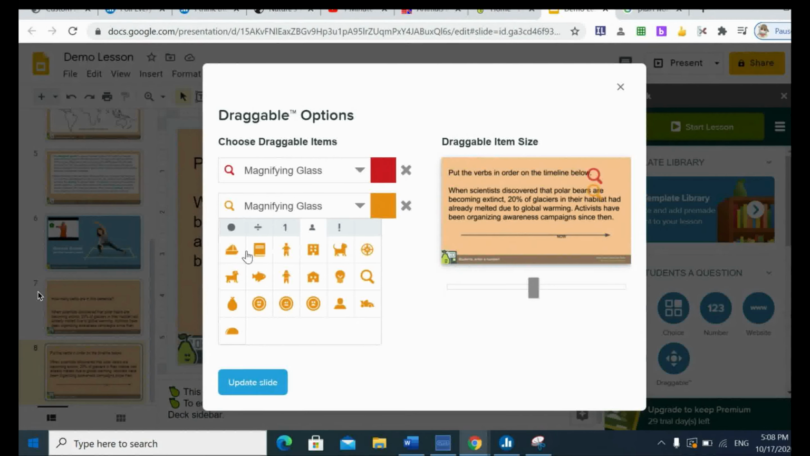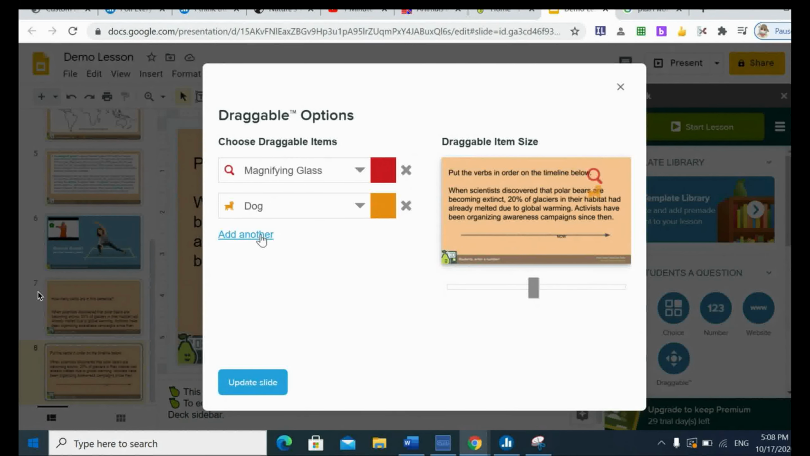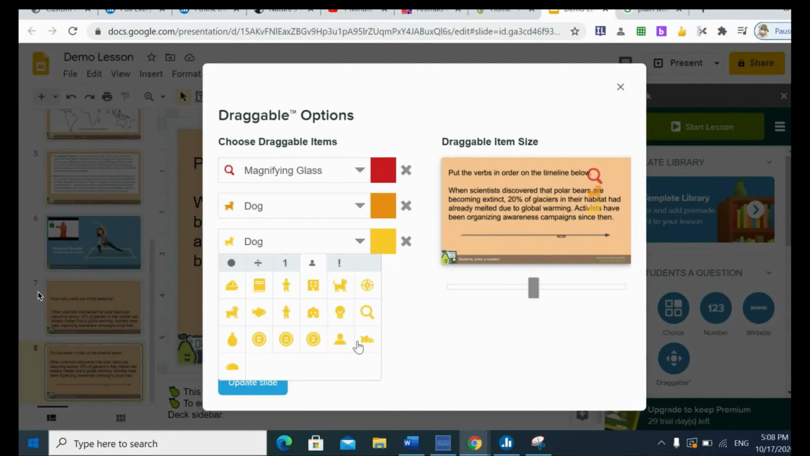I remember there was a bear. Anyways, let's just stick to the dog for now. Well, it's really the melting of the glaciers, so let's just stick to the dog for now. And then the human for